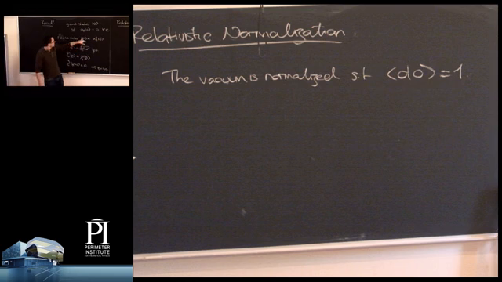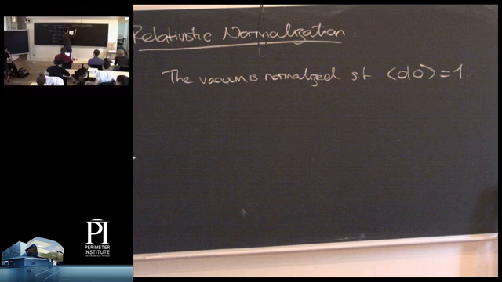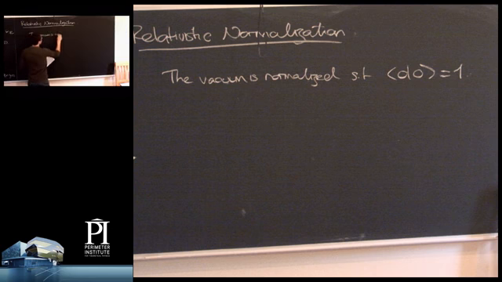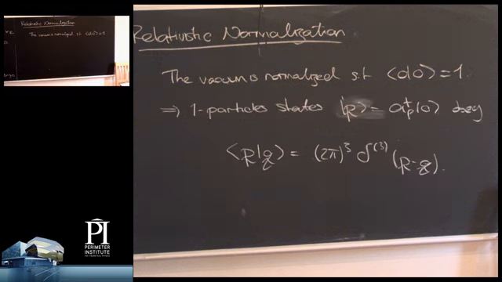It's going to turn out that although these are the right states to look at, there's a normalization that we could put in front of them. And we're going to have to choose a slightly different normalization than the naive one, which has just arisen, which is 1. The vacuum is normalized in a sensible way: it just has unit norm. But this then means that the one particle states